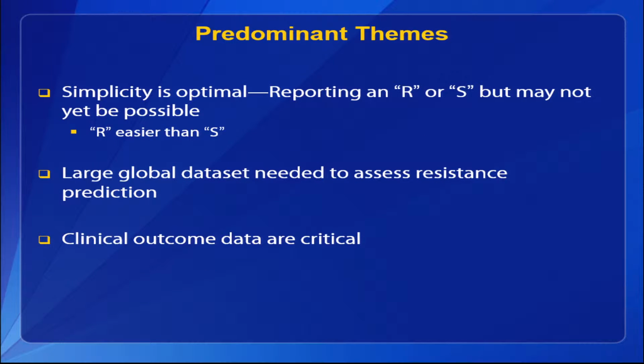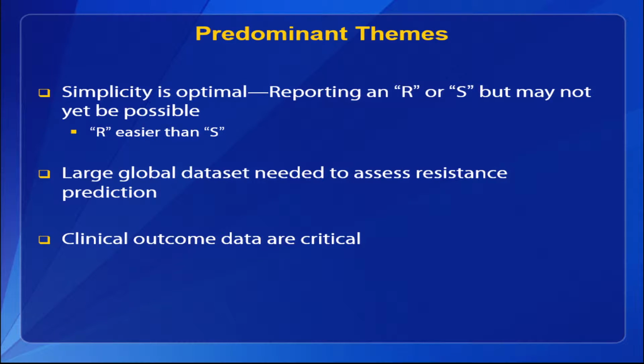So there were some predominant themes that came out of the discussions. One overarching theme is that simplicity is optimal. We can make these very complex and include all the information that we have available to us. But at the end of the day, especially when we're talking about clinical management and clinical decision making, we really felt that simplicity was key. And that reporting an R or an S in terms of resistant or susceptible, and maybe another category, indeterminate or inconclusive, we did have a lot of discussion about which term is most effective for using,